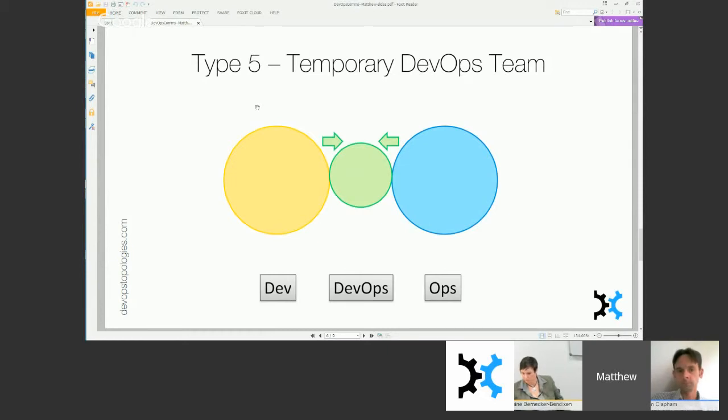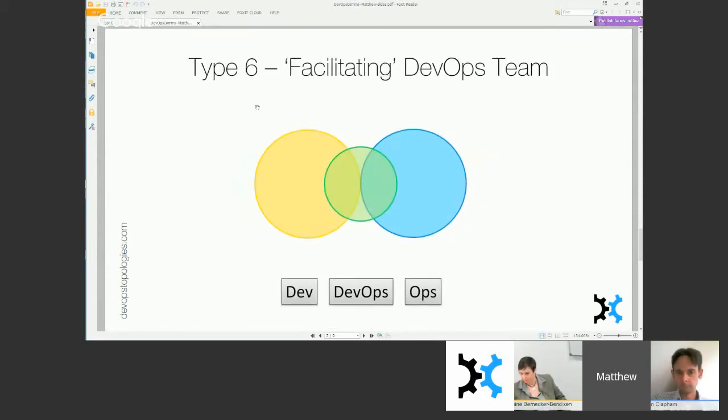There's another version of this which is on the screen now, which can work quite well on a permanent basis, where a DevOps team can sit in between development and operations and facilitate the communication on an ongoing basis. That seems to work well, and that's probably what this organization is really doing. It's seeing these teams in the middle as facilitators, helping to maintain the channels of communication. So I think in that case, having a permanent team like that is fine, as long as it doesn't get in the way, and continues to remember that its role is to facilitate.